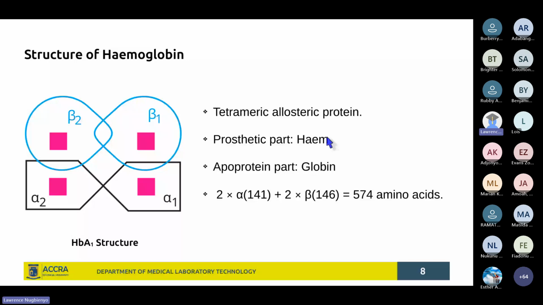Now, in the hemoglobin molecule, the alpha chains, the alpha subunits, each of them has 141 amino acids, and there are two. The beta chains contain 146 amino acids. There are also two. So when you do the math and you put these numbers together, the hemoglobin molecule contains 5